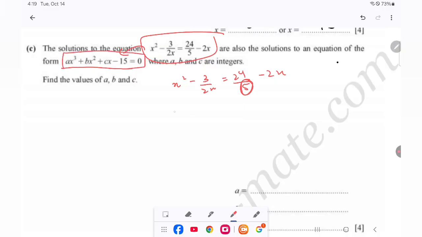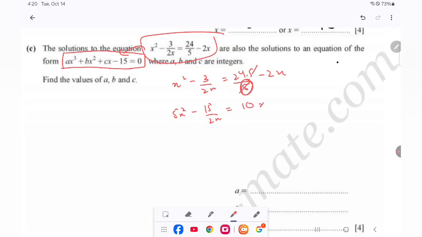Now when we multiply both sides by 5, 5x square minus 3 into 5 is 15 over 2x is equal to, now 5 into 5 cancels, and 2 into 5 is